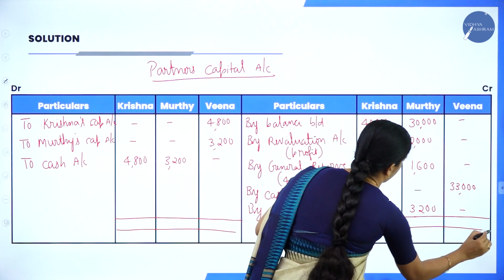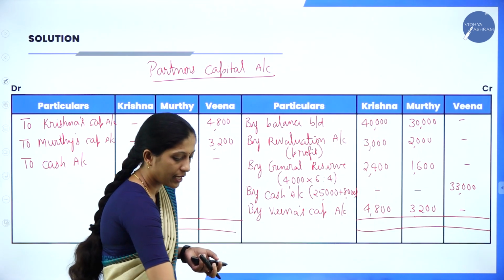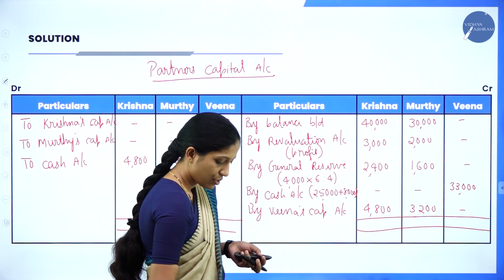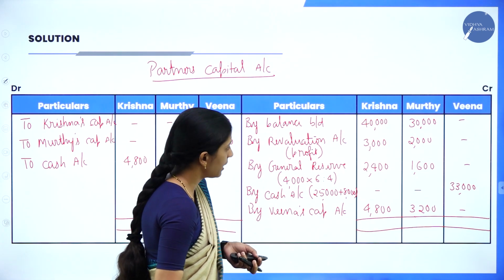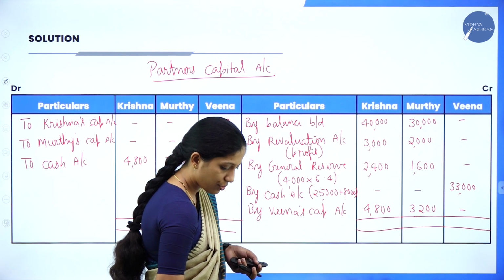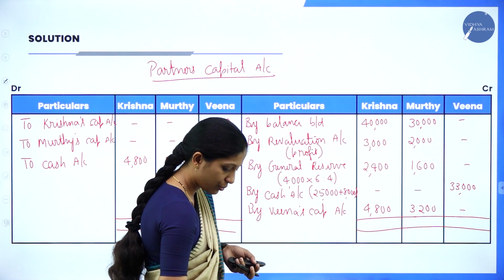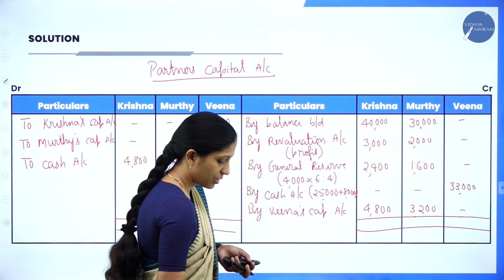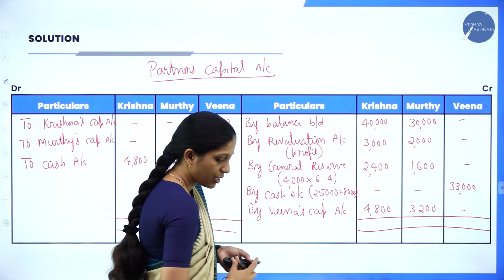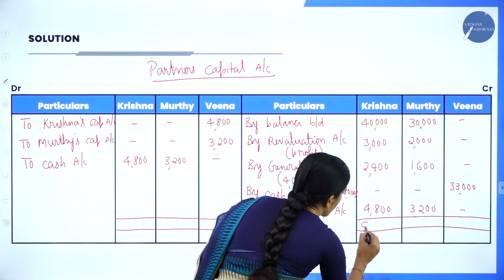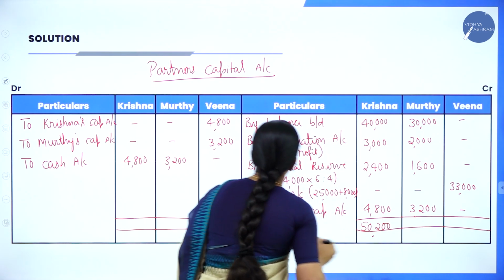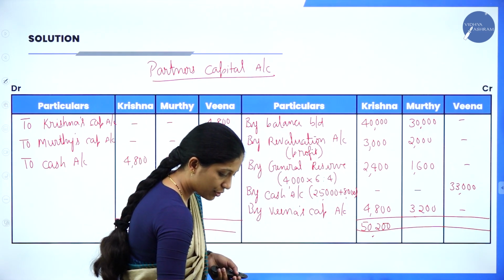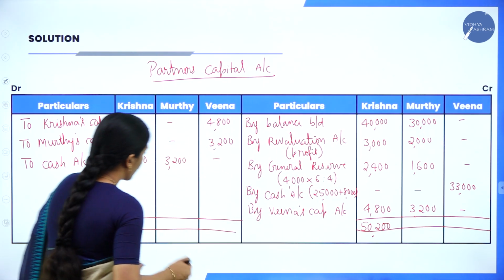If you add the credit side of Krishna, 40,000 plus 3,000 plus 2,400 plus 4,800, it will be 50,200, minus goodwill withdrawn 4,800. So